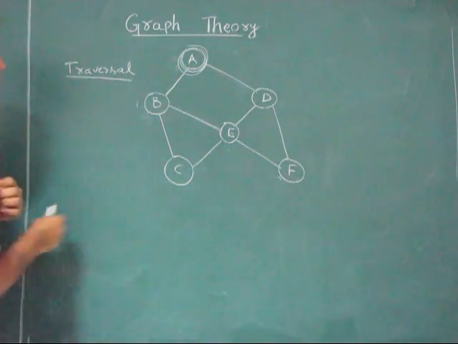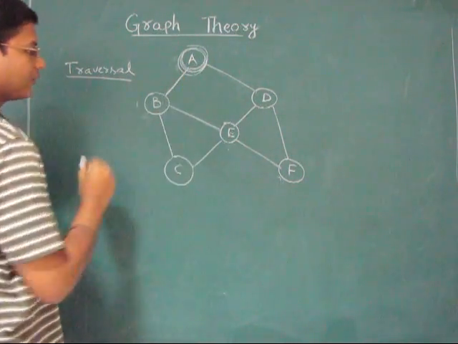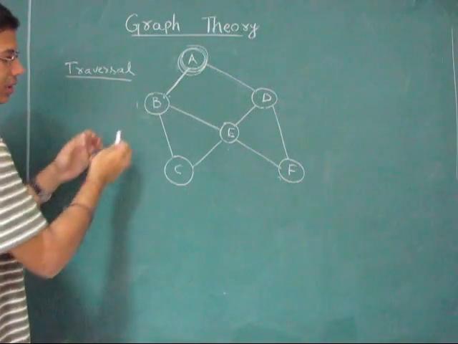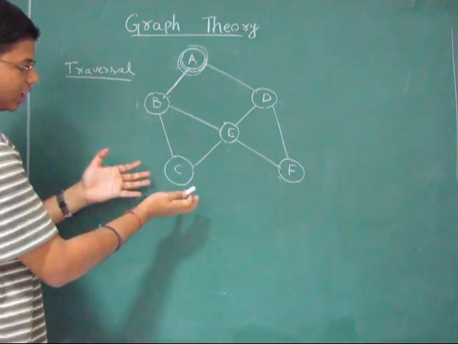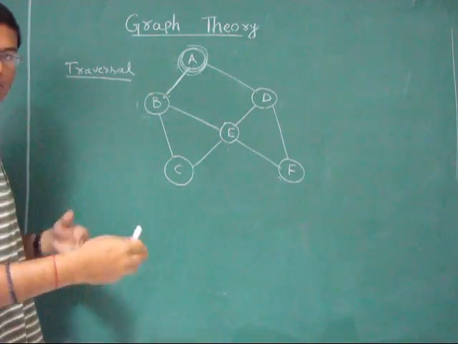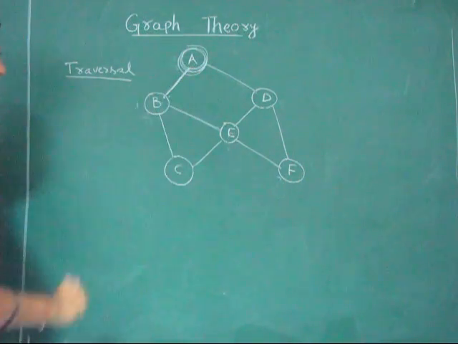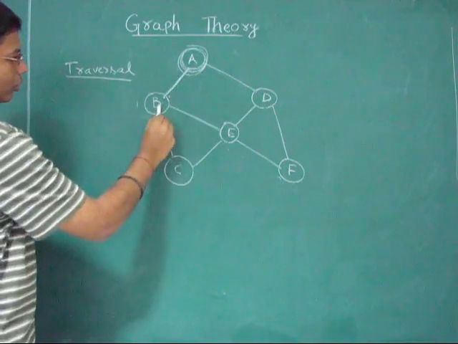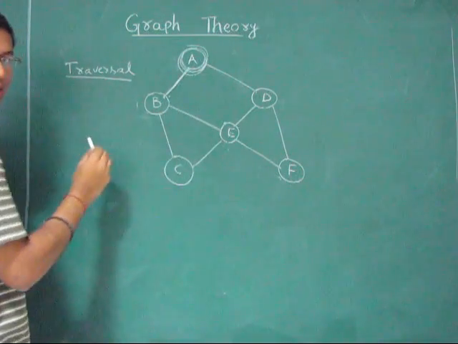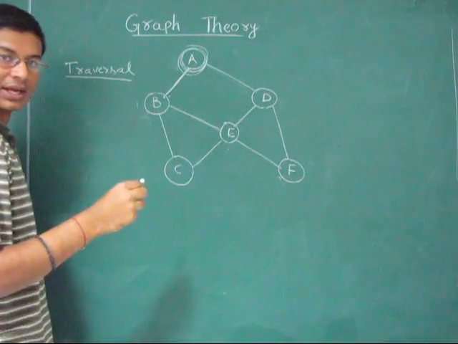So one way is, if you are at a vertex, just go to each of its neighbors. Starting from A, I go to its neighbor B, and from B, I in turn go to its neighbors, and from their neighbors I go to their neighbors. In such a way I can recursively traverse from each of its neighbors, and so on. If you take this graph, if I start from A, I can go to B, and go to C, and go to D, and if you try to go to B again, it will result in going through the same set of vertices again and again in an infinite loop.